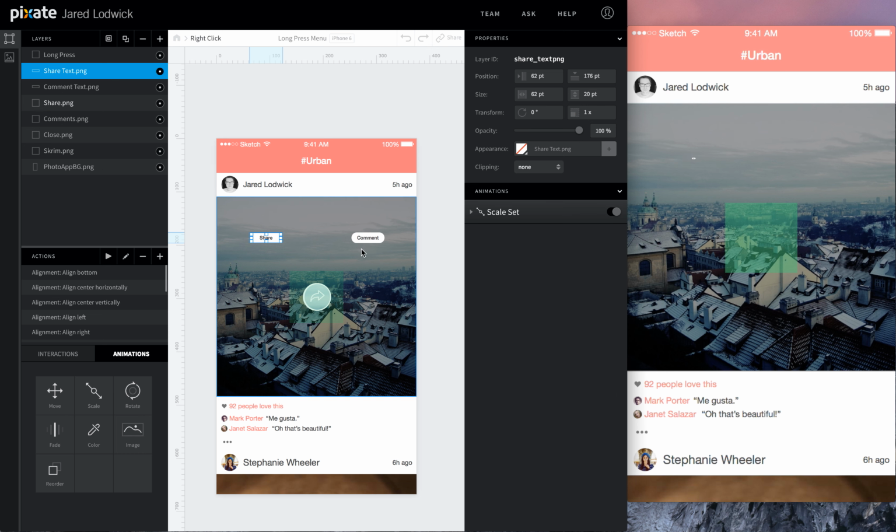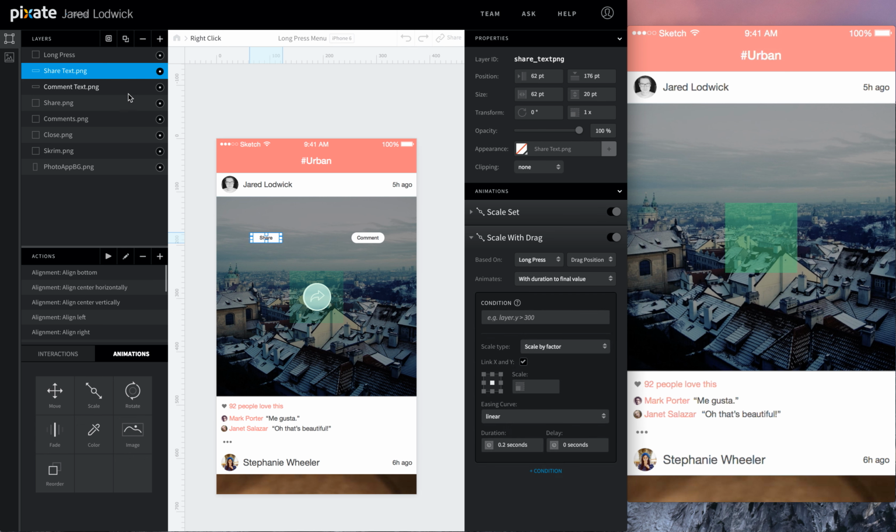Then what we're going to do is have these scale up when we hover over, just like we did with the buttons. And it's going to be really easy to do that. We can actually just copy the conditions over. So we'll go to scale. Let's call this scale with drag, based off long press's drag position continuously to final value.